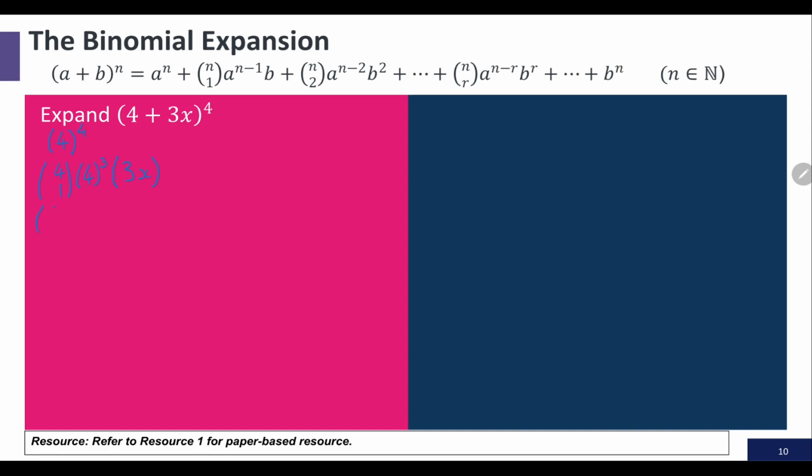My next term, 4 choose 2, 4 squared. And please, please use a bracket for that next term there. It's all of, it says b raised to the power of 2. In this case, b is 3x, so you need to take both in there. 4 choose 3, 4 to the power of 1 multiplied by 3x cubed. Now I'm on the last term now, and that's going to be 3x all raised to the power of 4. Now if you can get to that point,